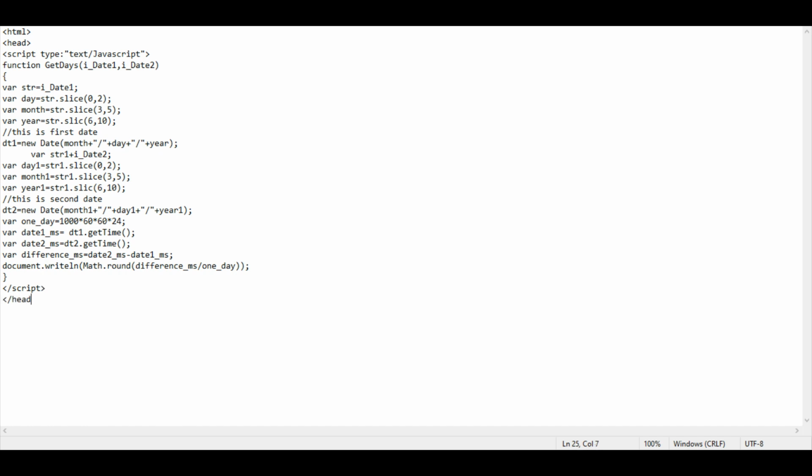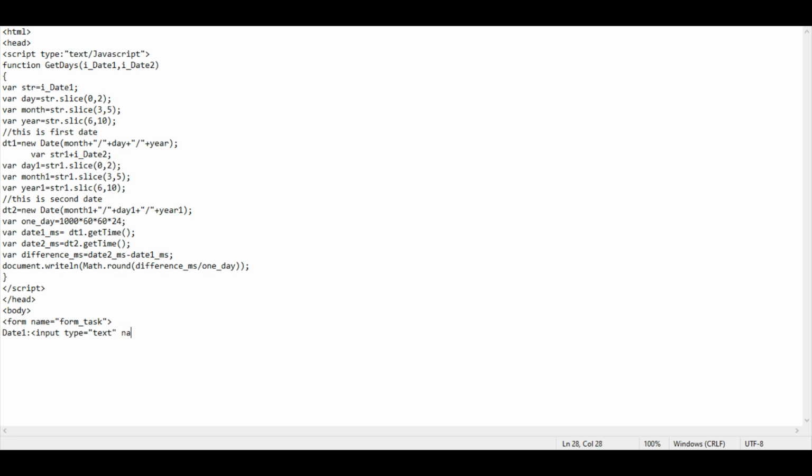Close our head tag, and now we start our body. Form name equals to form underscore task. Date 1 will be input type equals to text.